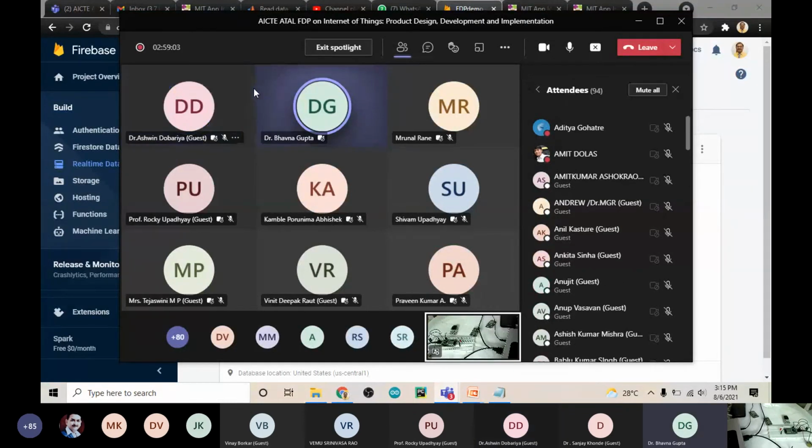Sir, very nice presentation. I really enjoyed connecting the Firebase cloud with apps, and I learned to create the app also. Sir, this Firebase is a public cloud, and we are using it to store the data of our sensors, which must be there in the IT hardware over there. That is what I understood from this.